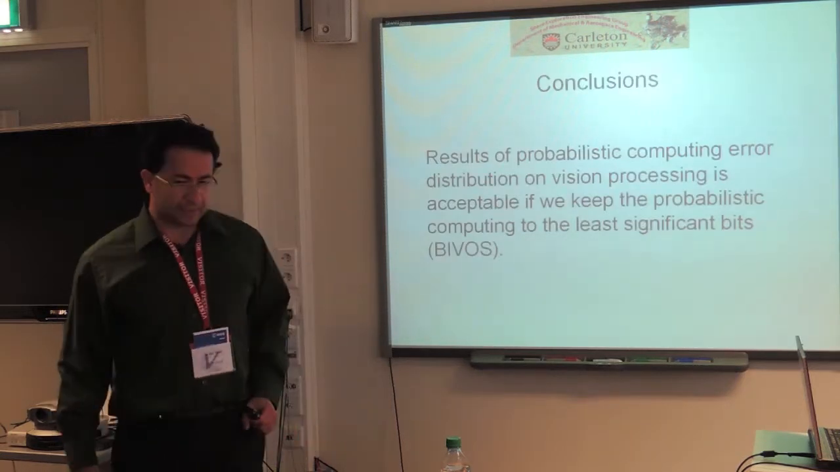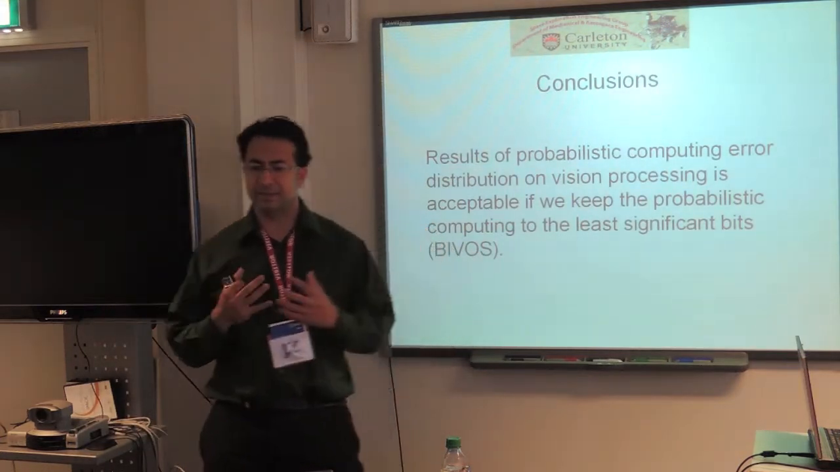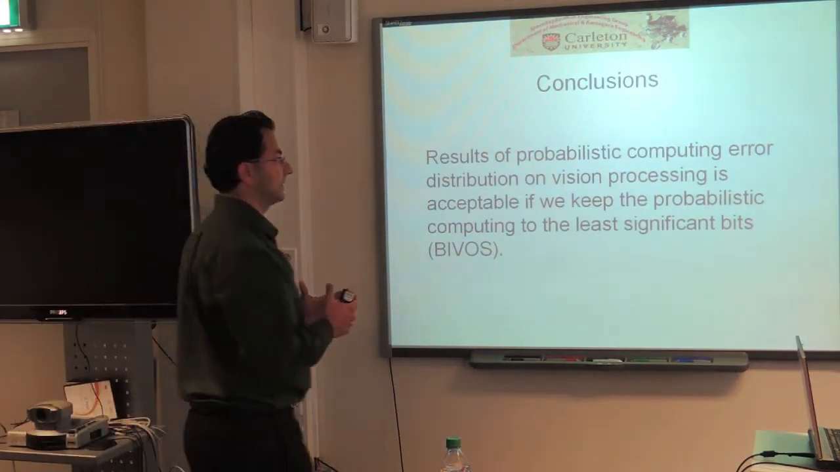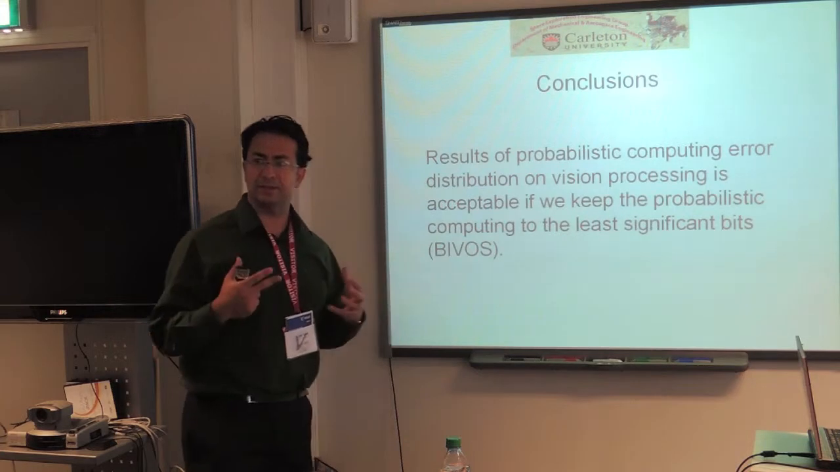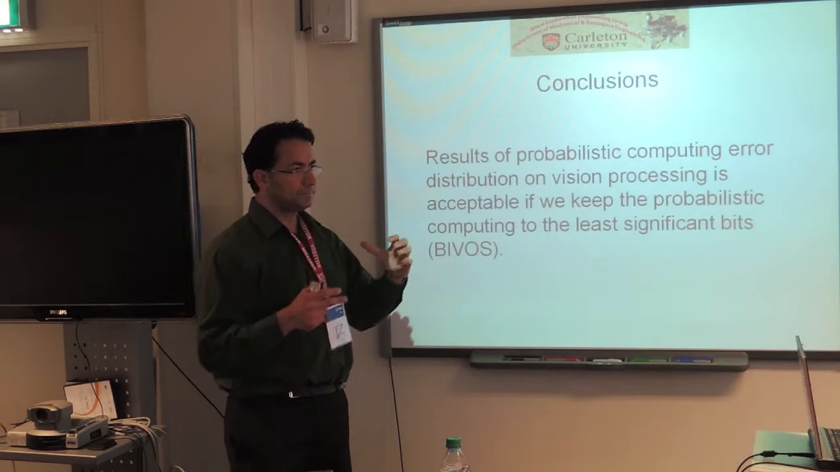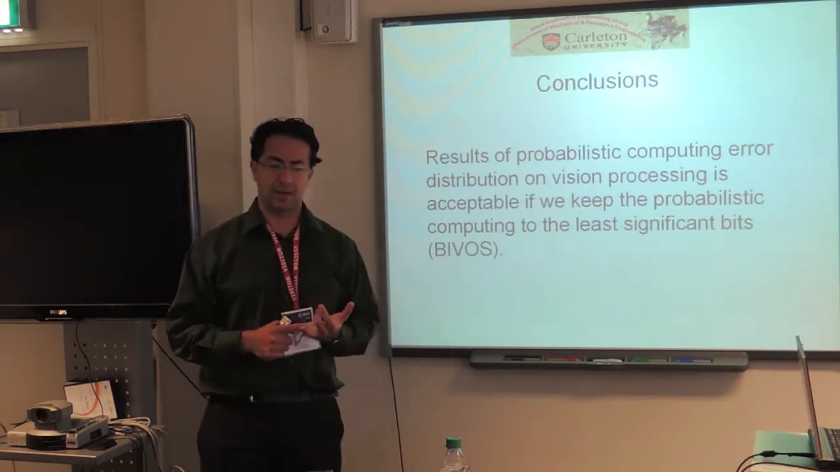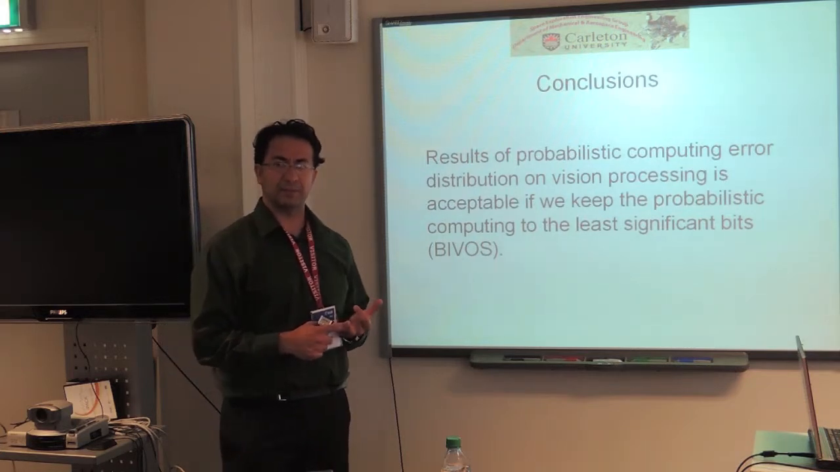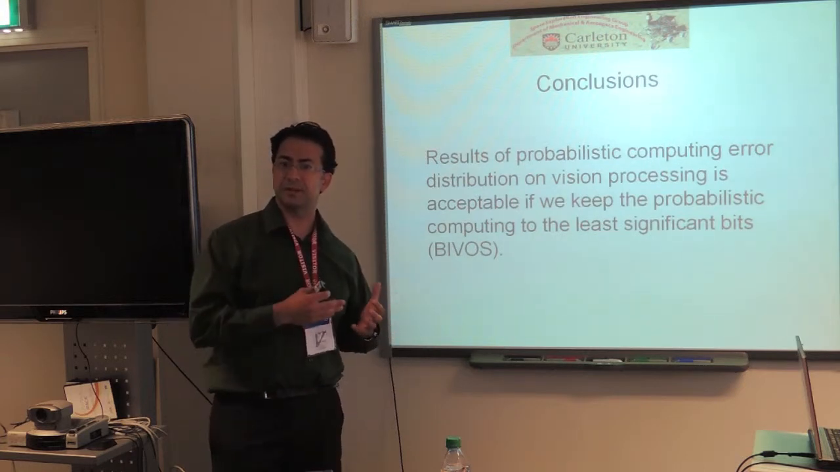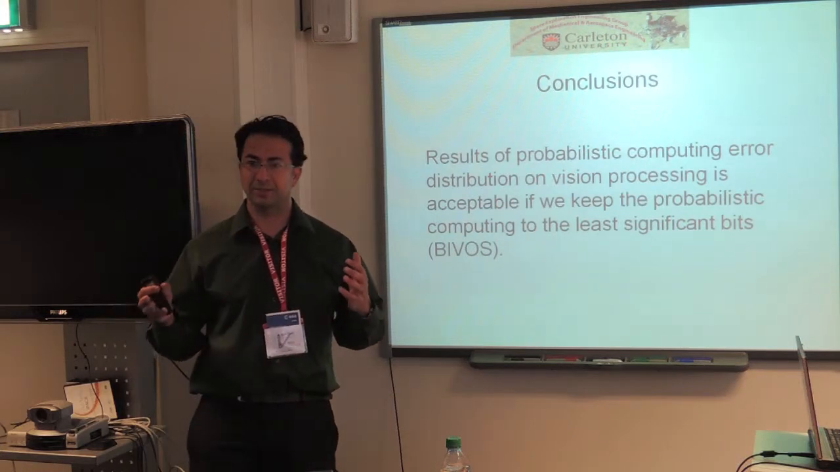So our conclusion is that the result of probabilistic computing for stereo vision is acceptable if we keep the probabilistic computing to the least significant bits. If we did this for the least significant bits and got the right distribution, stereo vision can deal with errors because there is filtering, and not all the pixels might count. It was good for this application. It might be good for other similar applications, and it's probably a very application dependent